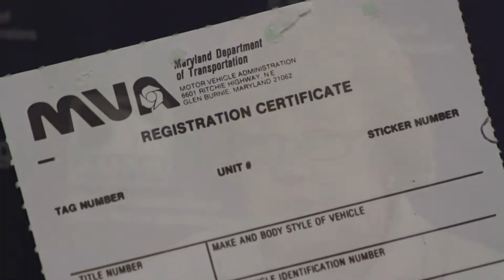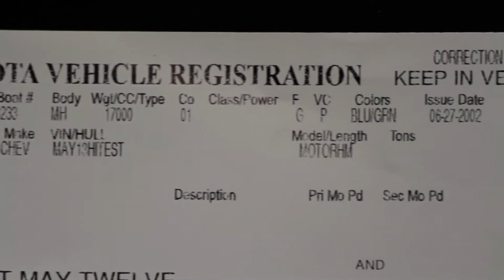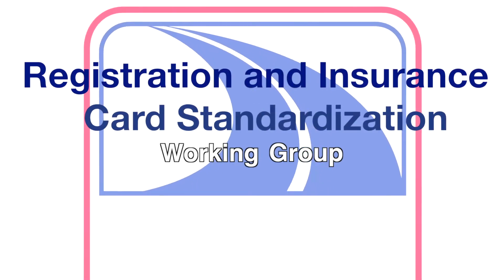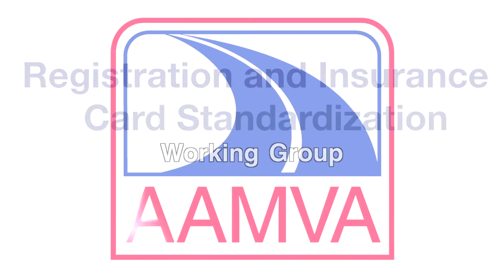A lot of the registration documents and insurance cards that are issued by jurisdictions or by insurance companies vary a great deal. And for the end user of those documents, it's very confusing. It takes time to sort through where the information is on the document, what does it mean, how is it presented on the document. AAMVA formed the Registration and Insurance Card Standardization Working Group, bringing together representatives from law enforcement,